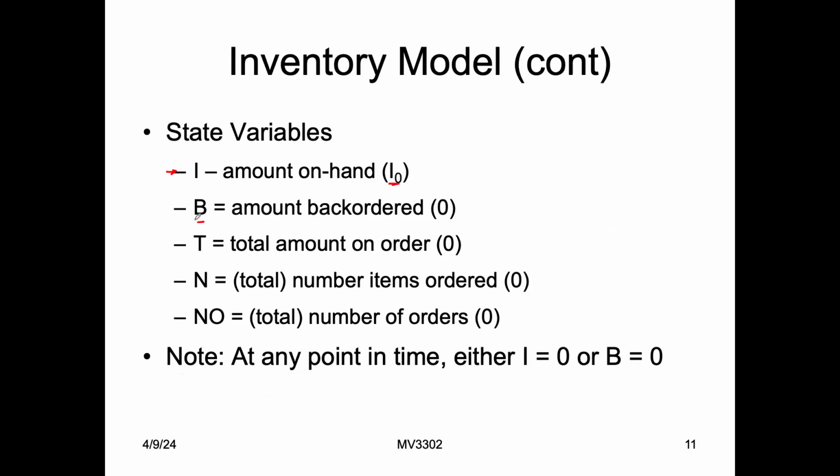Another amount would be the amount that we have on back order. Let's assume that we initially have some on hand, and that we don't have any on back order. We could examine that assumption, but let's start there. Turns out that the total amount on order is something that we would be interested in, as well as the number of items that are ordered. And then this is actually not the word no, it's the total number of orders,